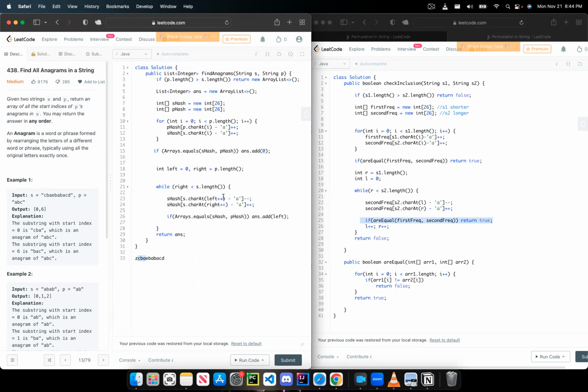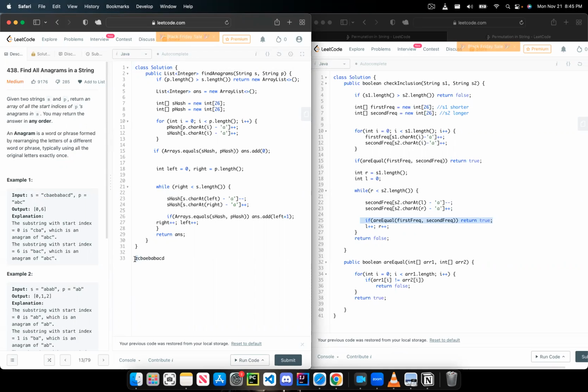Before it wasn't, because if you remember what was happening before, we were looking at right and left both, right? So we were doing right plus plus and then left plus plus. As far as the arrays were concerned, they knew what the equivalency was, and that's why we would return answer. We would return left, but we would actually have to do left plus 1, because left actually didn't get a chance to increment